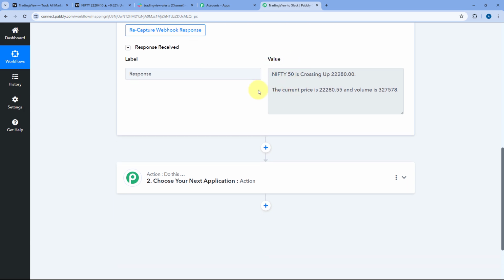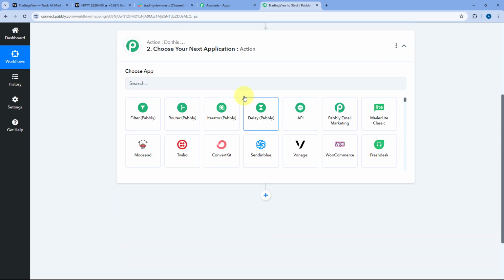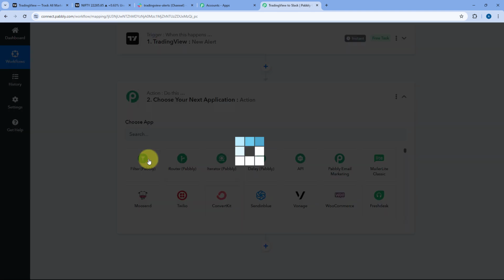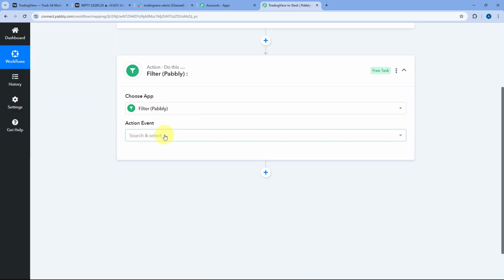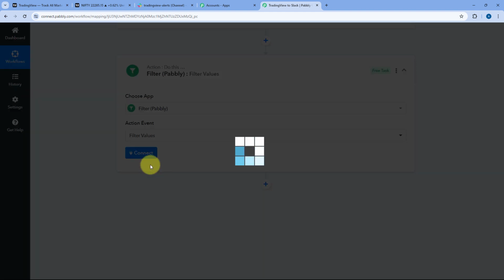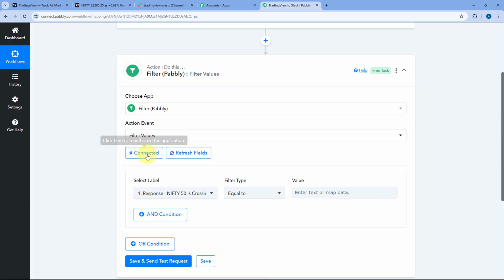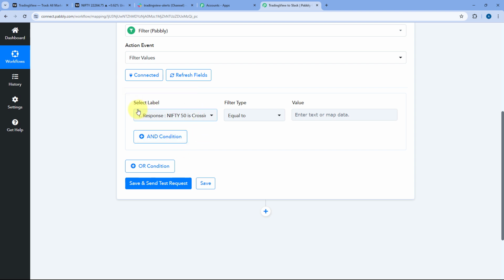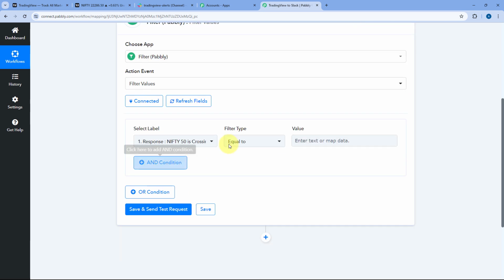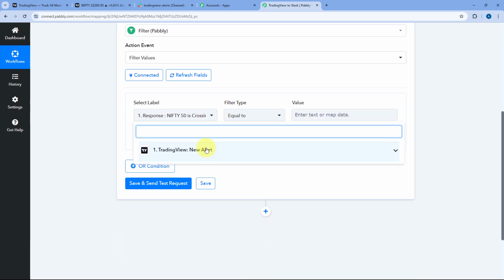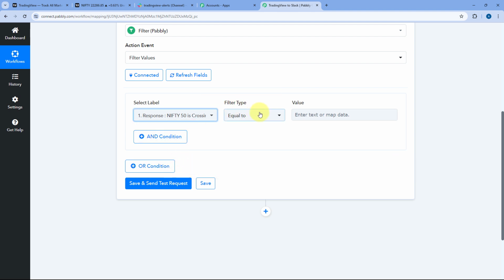And to set up the filter condition, we will just scroll down and come to this action step. And here in Choose App, select Filter by Pabbly. After selecting Filter by Pabbly, in Action Event from the drop-down, select Filter Value and click on Connect. After clicking on Connect, the first thing it asks us is to select the label. Now because we have received only one response from TradingView over here, in this dropdown, we can see the exact same response. So here we are going to select this label as the response,